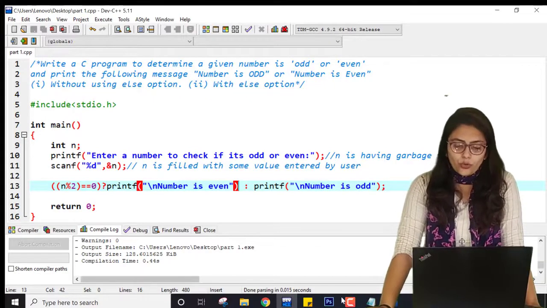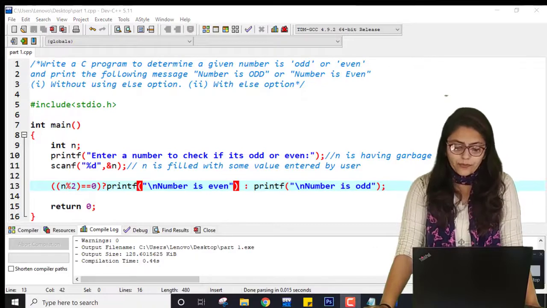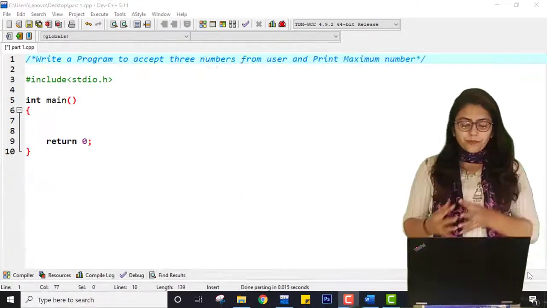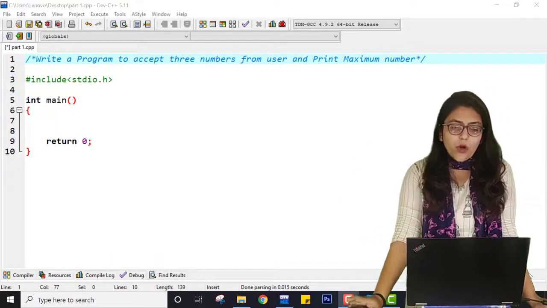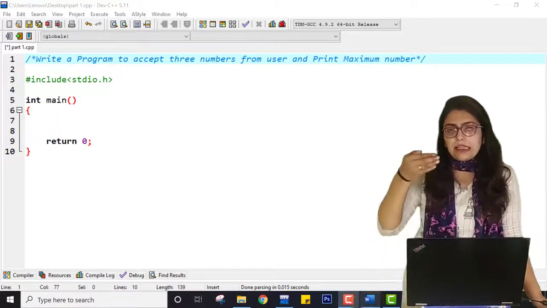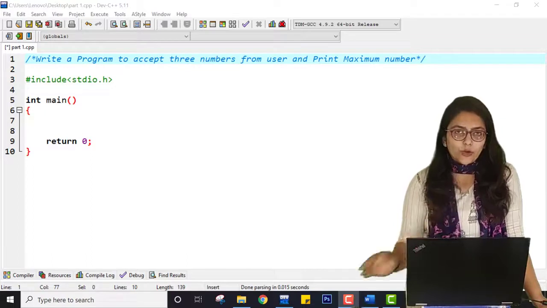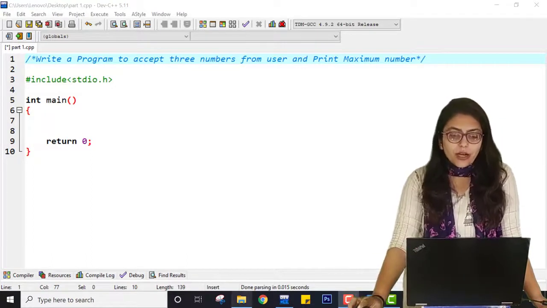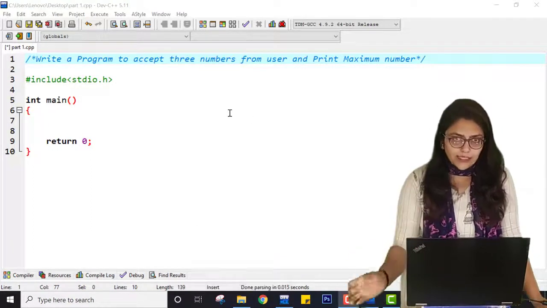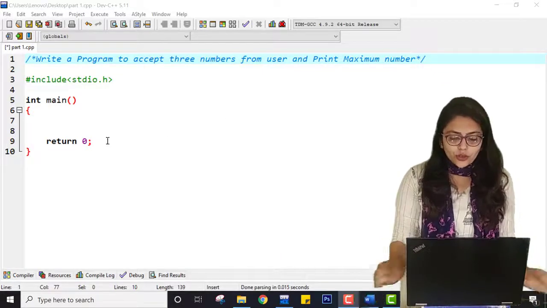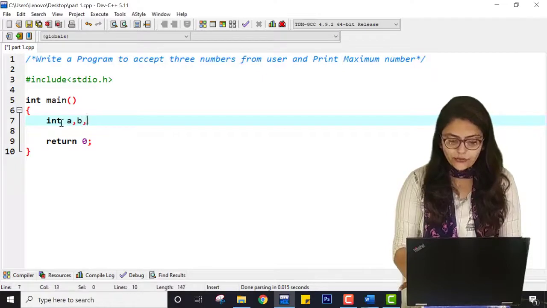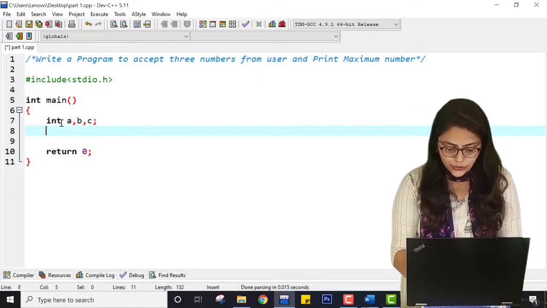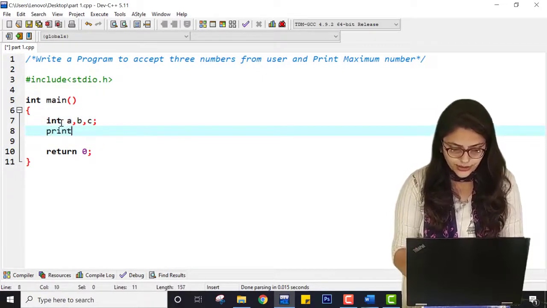Now let's just go to the another program. So as you can see on the screen, our next program is all about accepting 3 numbers from user, and then I'm going to check which of these 3 numbers is maximum. So for that I have to take 3 numbers from user. So I'm taking A, B, C from user and then telling user to enter 3 numbers.